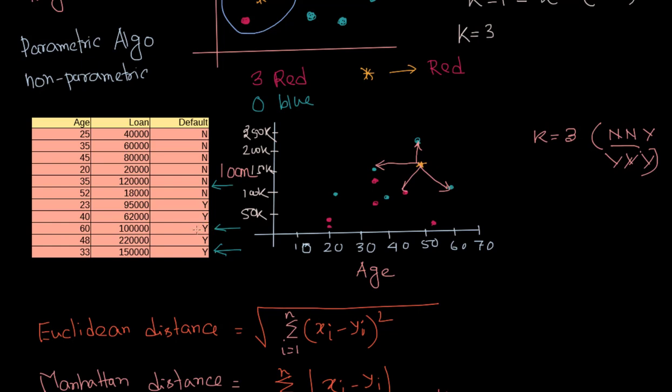And if I just see it over here, this guy is y, this guy is y, and this guy is n over here, right? So that means we can say this guy will be y, because there are more y's compared to the number of n, right? So that means for k equals to 3, our KNN algorithm is saying for a guy with